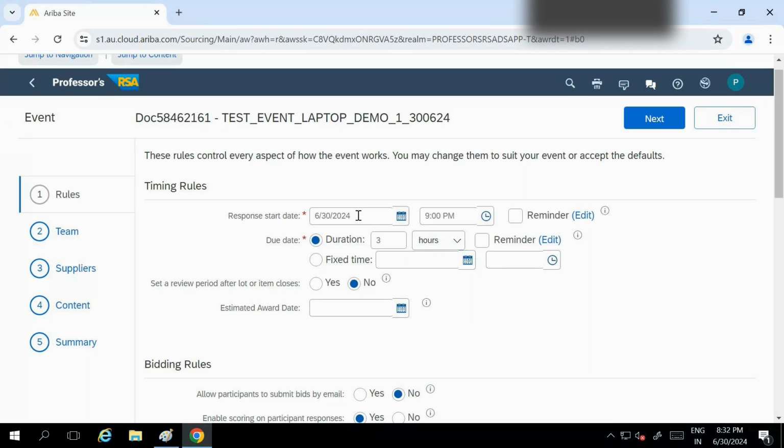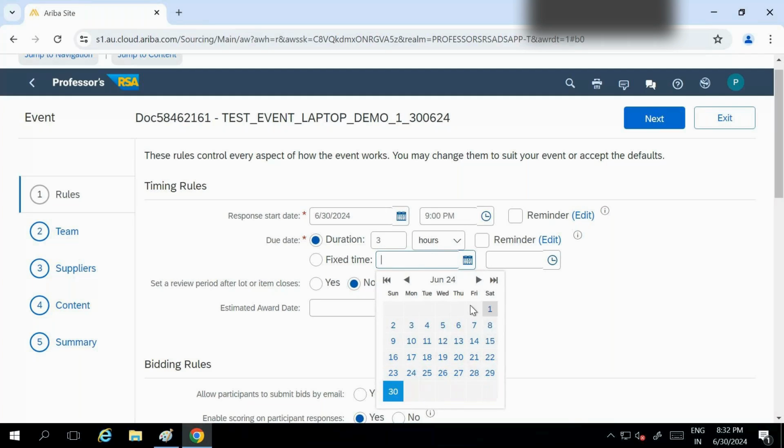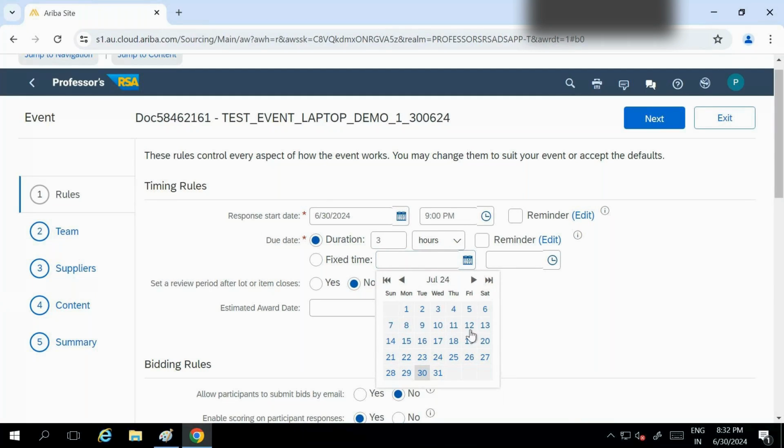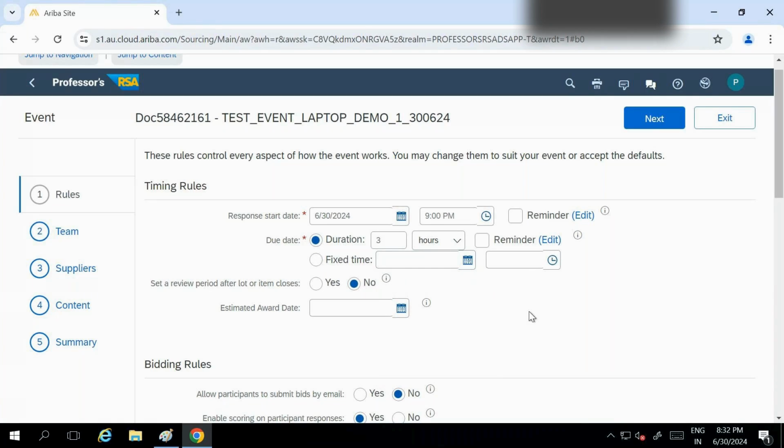So we will fix that it starts on 30th at 9 p.m. and it will close on July 5th at so and so time. So we can put fixed timing for that. Either you can put the duration, or fixed timing.